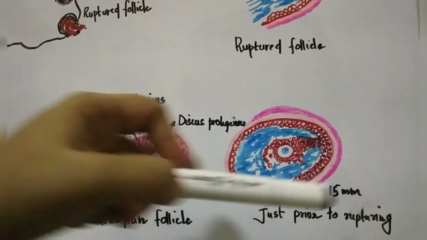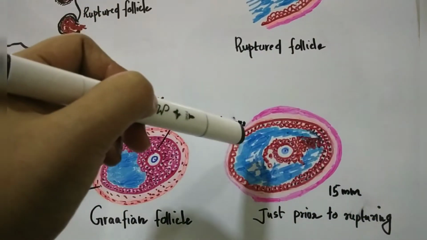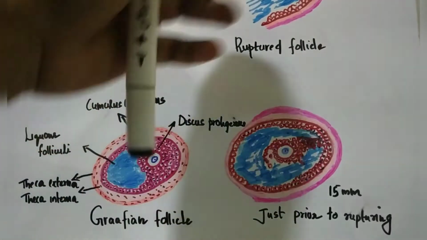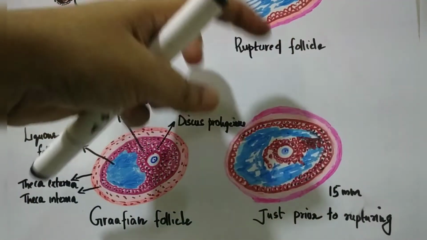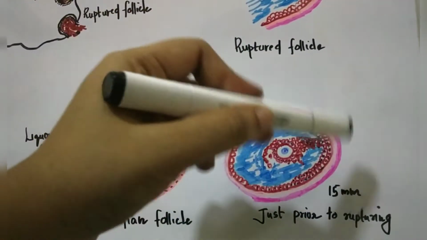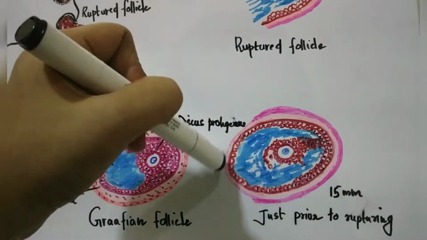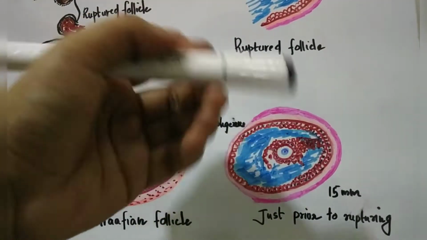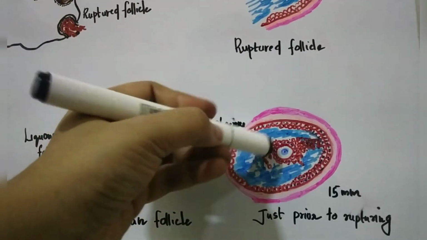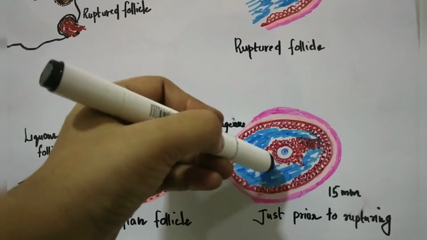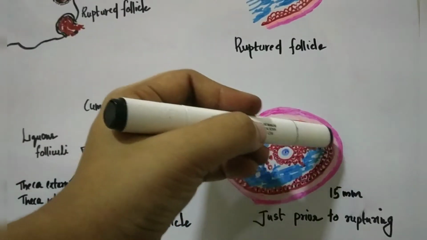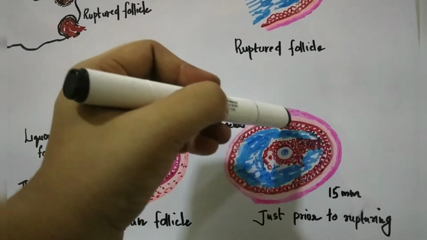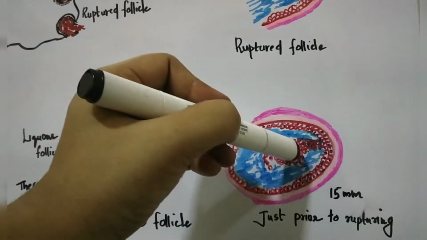These are the things that happen during ovulation. Just prior to ovulation, certain changes occur in the Graafian follicle. This is due to the peak level of FSH and a sudden surge in LH. This results in certain changes: the follicular activity is increased, and the follicular antrum gets bigger and bigger. The cumulus cells become loosened, and the cells that attach the primary oocyte to the wall of the follicle slowly get detached.